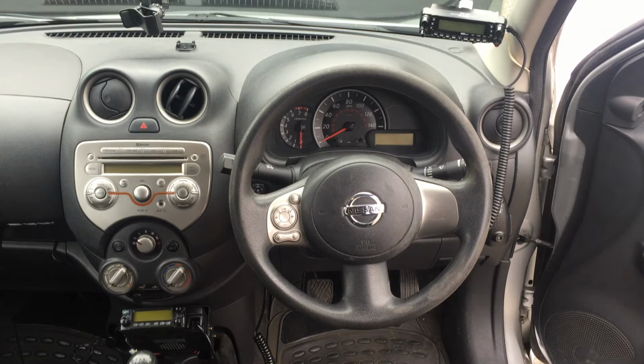So basically what I've done is I've installed a second radio in the car, and it came into its own yesterday where I was in Liverpool. Well, I wasn't in Liverpool, I was at New Brighton, at Wallasey, and I could listen to the Marine, so I could listen to the Harbour Master, Coast Guard, all that sort of stuff on that radio, and it's just handy as a backup as well to have. So I'm going to show you the install now, so we'll just change views and I'll show you what I've